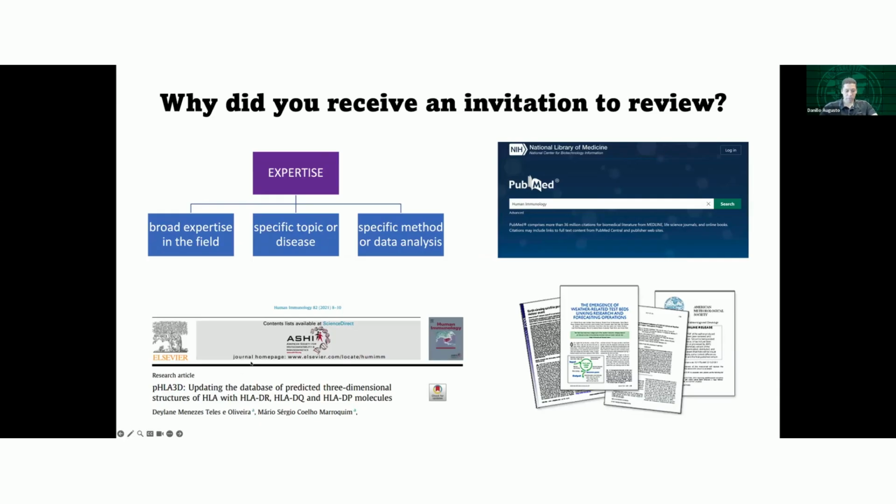And I remember when I was inviting reviewers for this manuscript, I tried to find somebody that would be very knowledgeable about HLA, but it is very difficult to find somebody that is knowledgeable about HLA and also protein prediction. So we invite people that have different expertise. Somebody was very, very skilled in protein analysis. Somebody else had a broader view of the field, and that became a very, very powerful team to review this